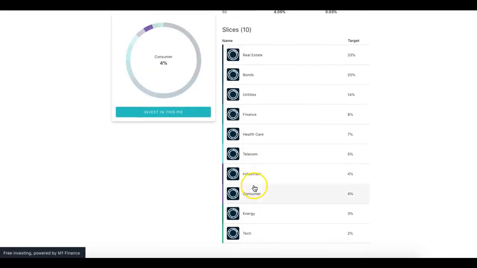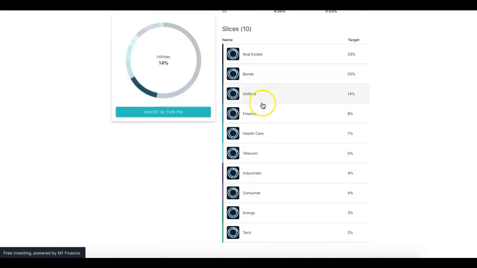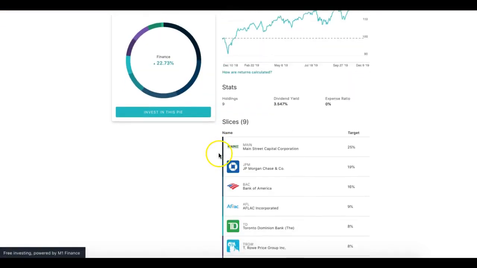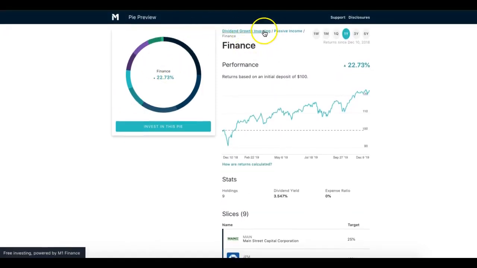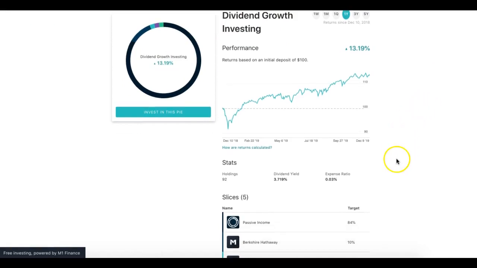So let's look at finance now. Let's say for example you get paid a dividend from Bank of America. The money goes back into the portfolio to buy more stocks, right? So you're not going to take out the dividend. Whatever interest you're getting paid, it goes back into your portfolio and back into your portfolio. And over time, the expectation is the pie, you see from here, the pie will grow